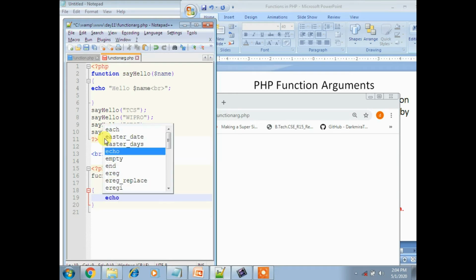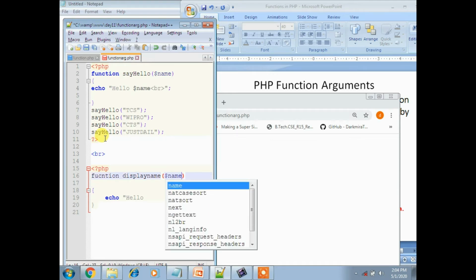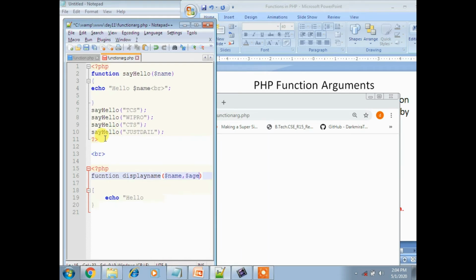Echo hello, then here you have to pass arguments in a function, so dollar name comma dollar age.